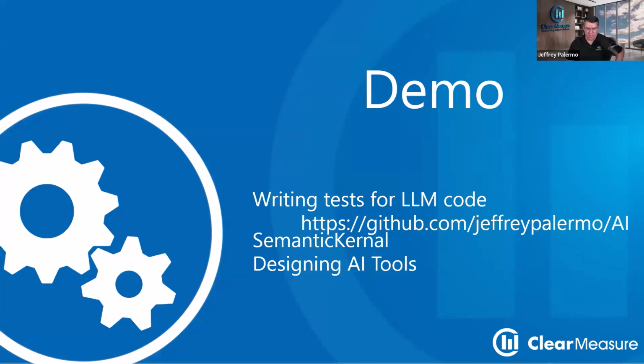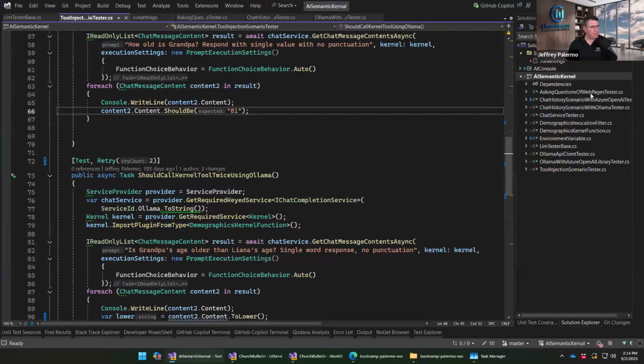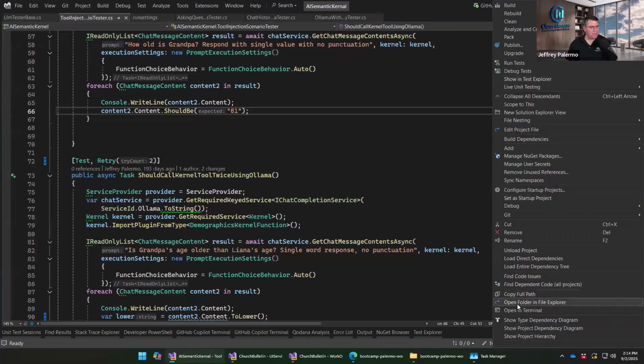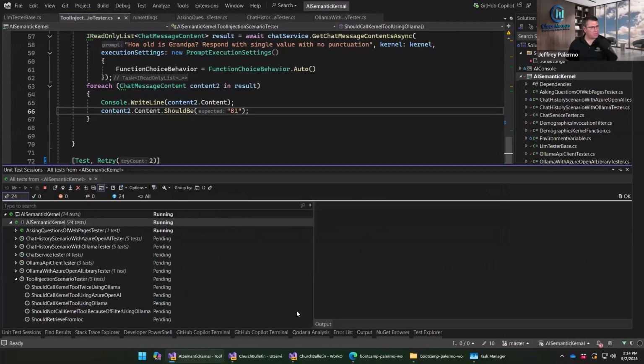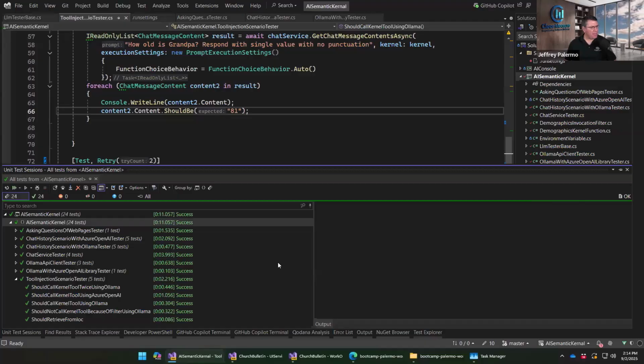and then we're going to dive into Copilot for the entire rest of the time. So I'm going to show you semantic kernel and some of the techniques and AI tools. So let me come over to Visual Studio, and I have a test project, and you can get this code. I'm going to just run it with my ReSharper runner here, so it's fresh. And we have some test cases. This is a test project, and these tests are running, and some of them are running against Azure OpenAI in the cloud, and some of them are running against